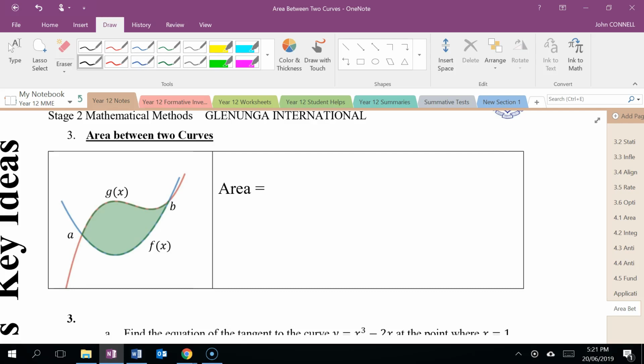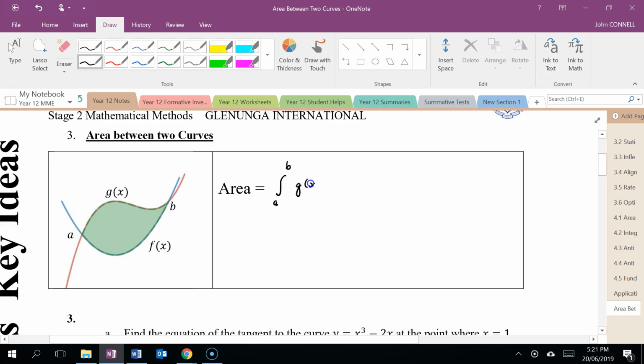Hi everybody, today we're looking at the area between two curves. So what that means is if I've got some function g of x in red and f of x in blue, and they intersect at points a and b, how do I find the area between them? And so the area is the integral from a to b, so these are the x values of the points